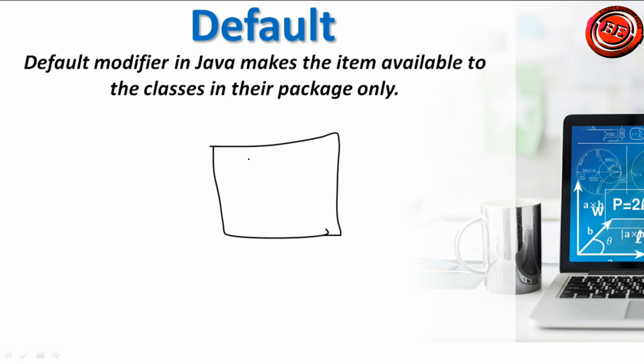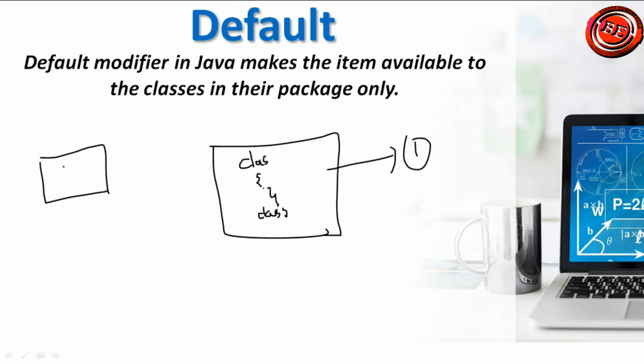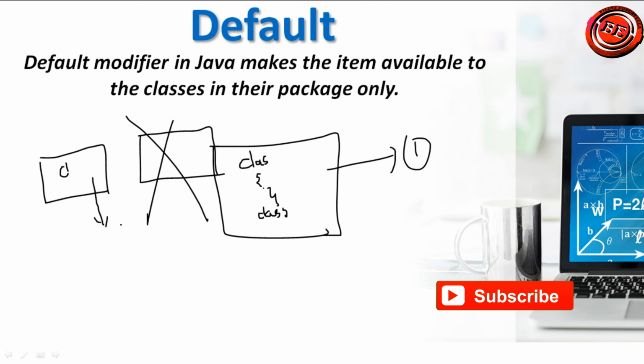In this package we have a number of classes. For example, in one class we have one particular method, and in another class we have the main method. For getting the output of this method, we use the main method in another class, but both classes are present in only one package. If the method is in one package and the main method is in a class in another package, it will generate an error, because the default access modifier is only available to the classes in that particular package and can't be accessed from another package.